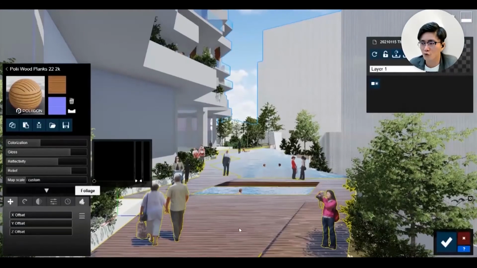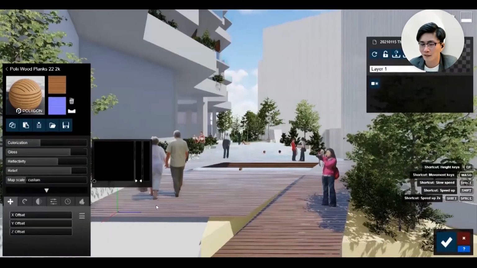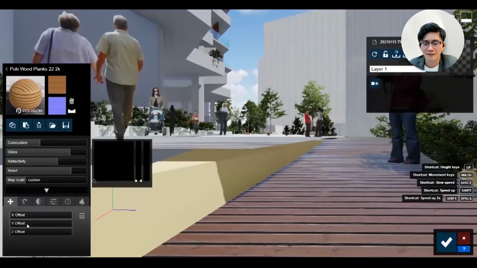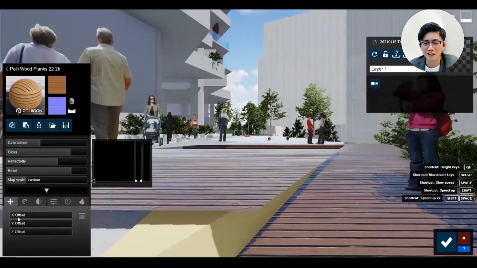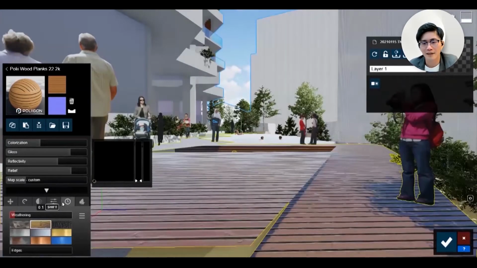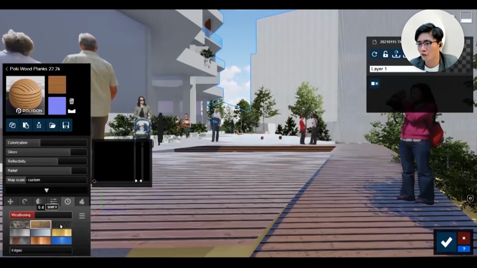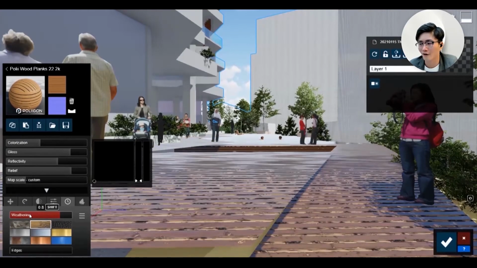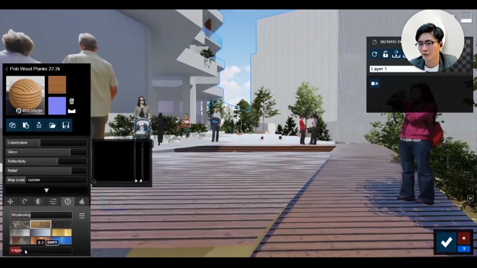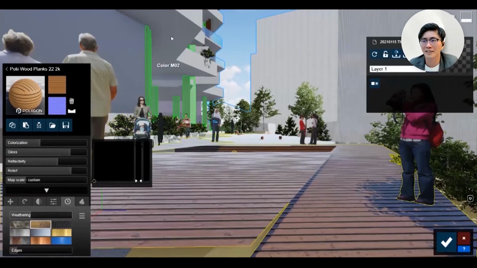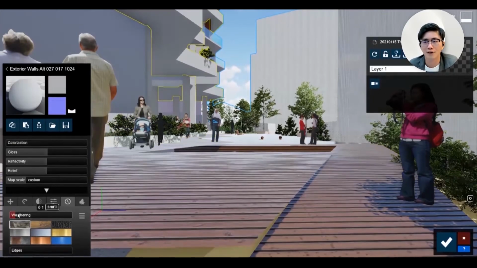And additional info for you, for items like timber or concrete, usually I will add some weathering. Currently it's like brand new already. Each panel of the timber is brand new. So we can make it more realistic by giving it some aging effect, some rusted or aged look. So we'll go to weathering here and select this bar. It will look older, not too new. If too new, it will be a bit fake. And the age we can adjust also. Make sure you choose wood in this case. If you are adjusting the concrete, then you can choose stone and make it have some weathering. So the age will look more realistic. It's at the second last tab, weathering.